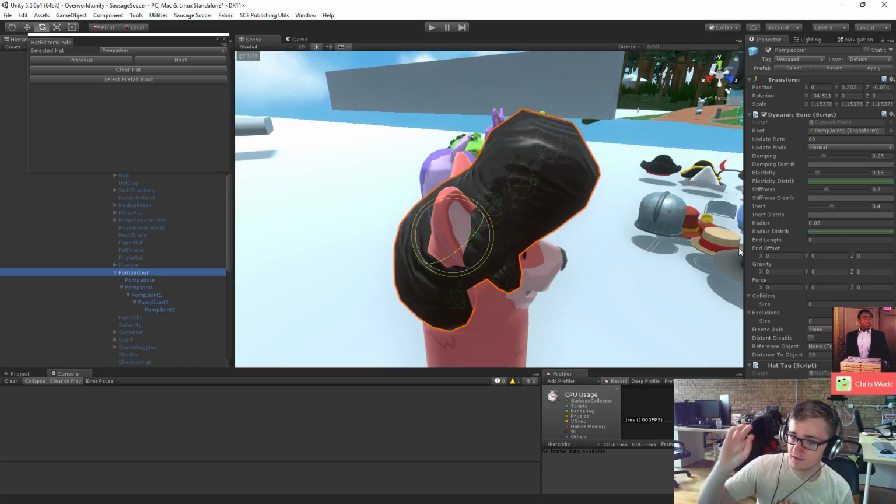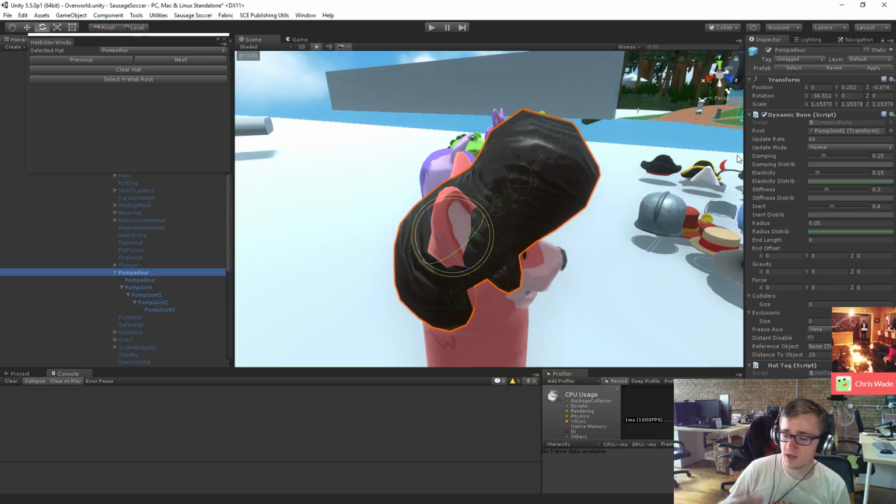It takes that joint and then all of its children, and turns that into a joint chain, and then applies fake physics to it based on these settings that I set up on the right. And it's not real physics. It's not using the physics system at all. It's just using math to kind of